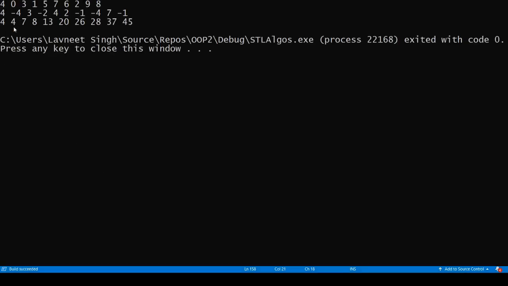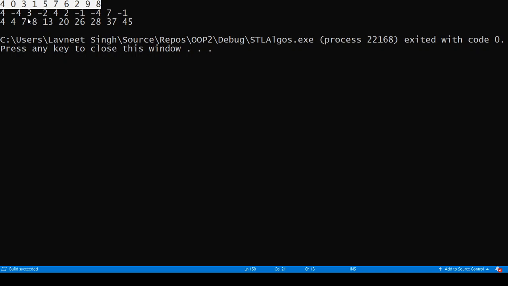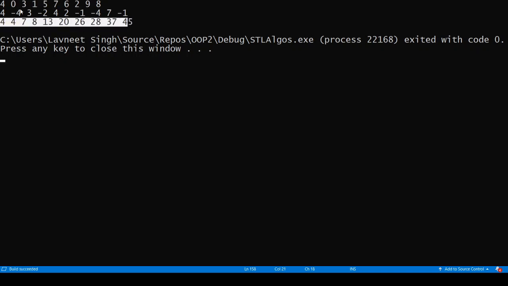So we can see this is the vector VV and partial sum has given us this. So let's see how it happens. So 4 is there here. So the sum of the two elements, 0 plus 4, is 4 here. Second, the third element is taken into account and the previous sum is added to the third element.